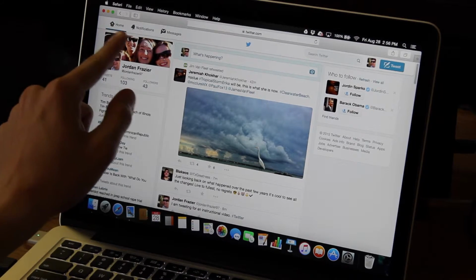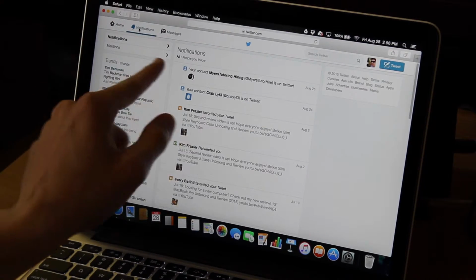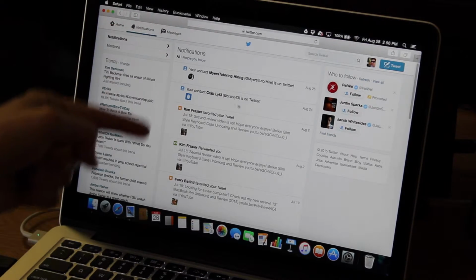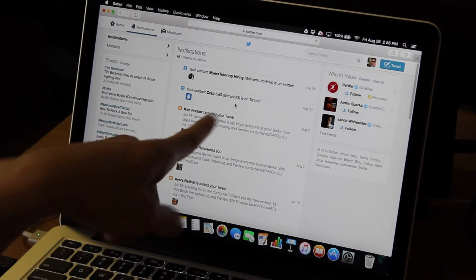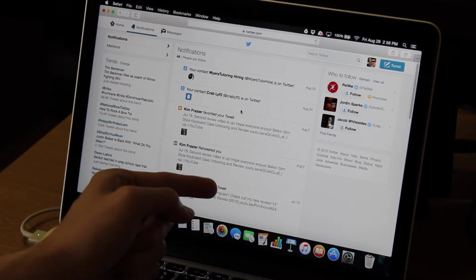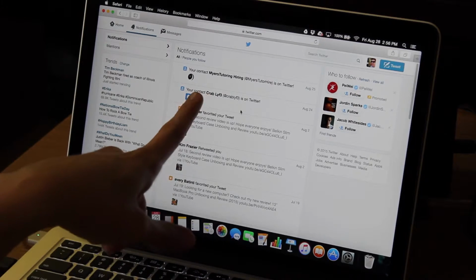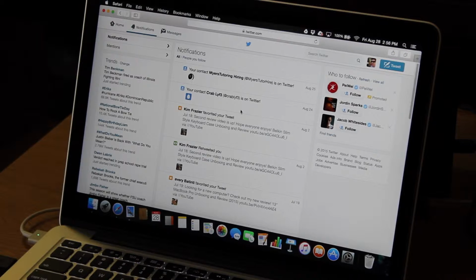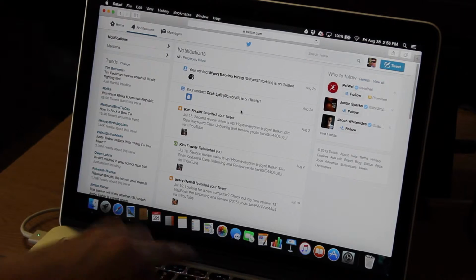Now up here next to the home page, there's the notifications. If you were to click on that, that's simply just like Facebook notifications. It shows all your notifications, something as simple as someone favorited your tweet, someone retweeted my tweet, and on here it says my contact is now on Twitter. So if someone I know that is in my contacts, which is hooked up to my phone or my contacts on my Mac,